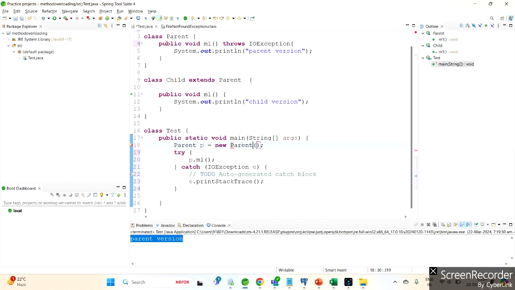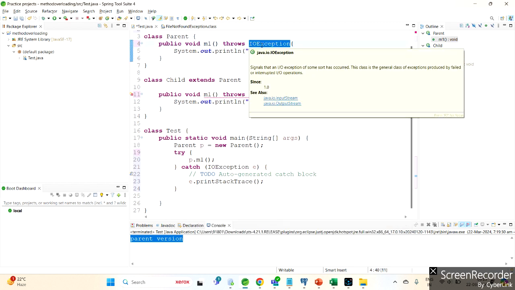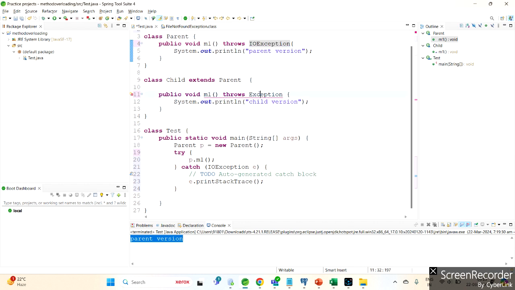Now let's make it parent. Let's say I will try to throw Exception. See, it is not allowing. Why? Simple. Can this IOException store an exception object? Let's say p1.m1 returns an exception object. Can IOException store the reference of this exception object? No, right? It is a subclass, right? So that is why whenever we throw some checked exception, in the child method we cannot throw its parent class exception, because